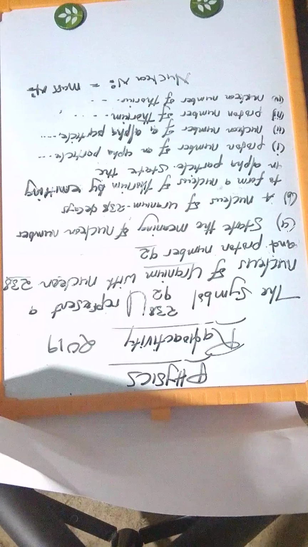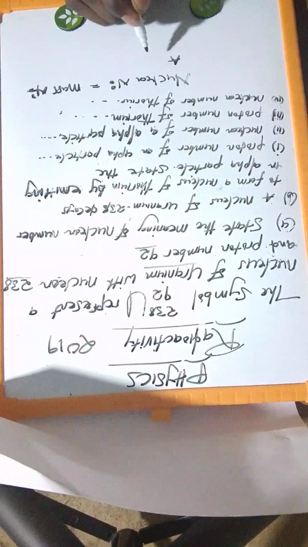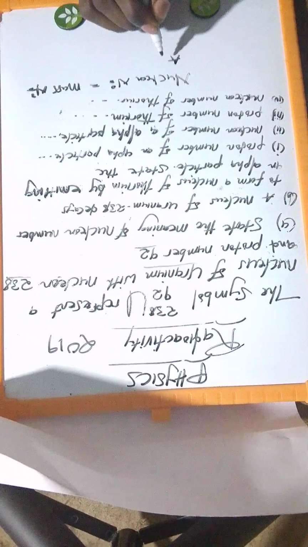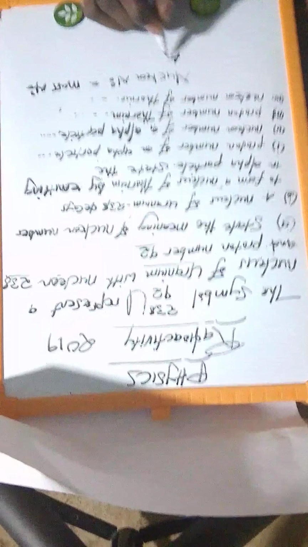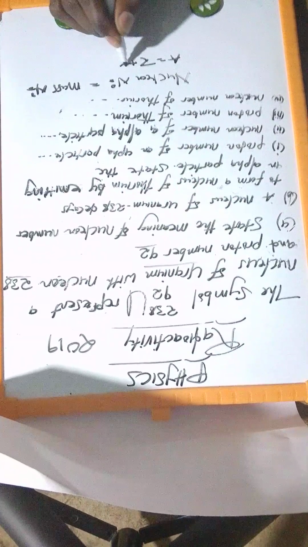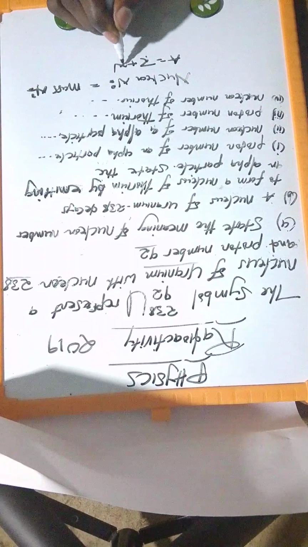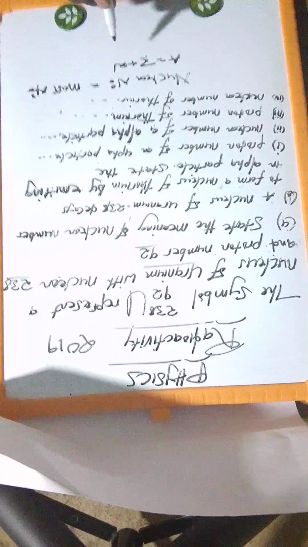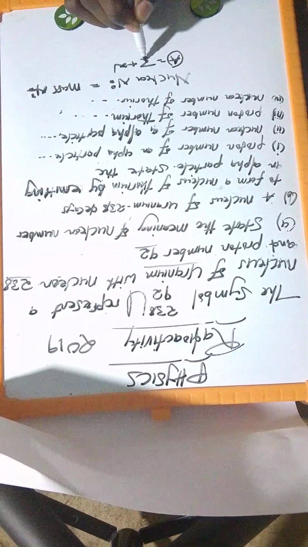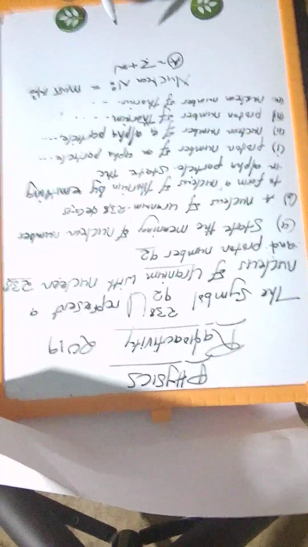So for us to know the mass number, we need to know that formula in chemistry, which says atomic number or mass number or nuclear number is equal to proton number, then we add the number of neutrons. So having known this now, we can say